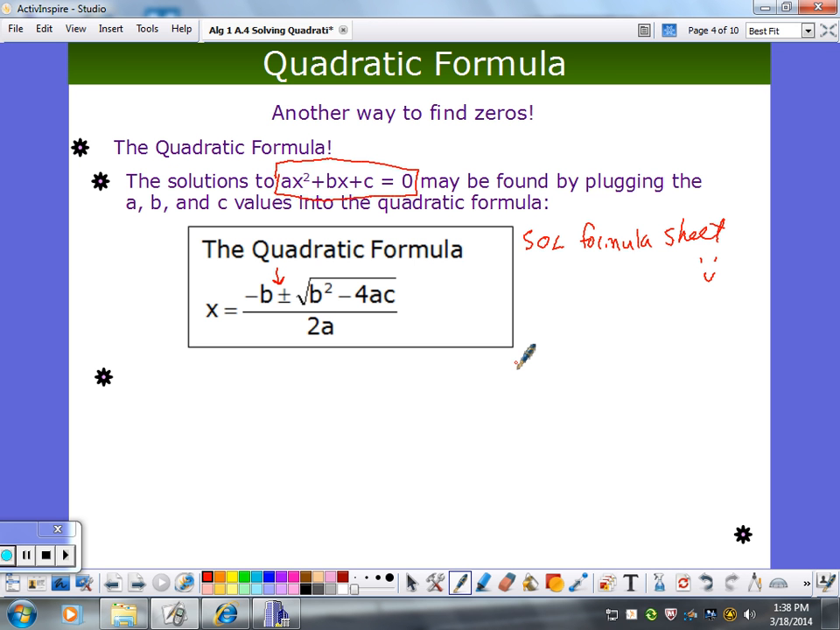2, 3. Negative b plus minus square root of b square root of b